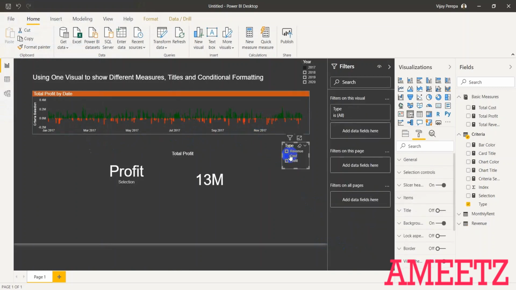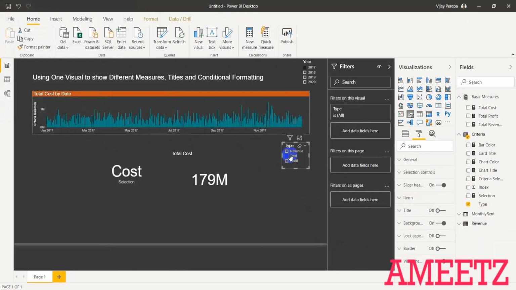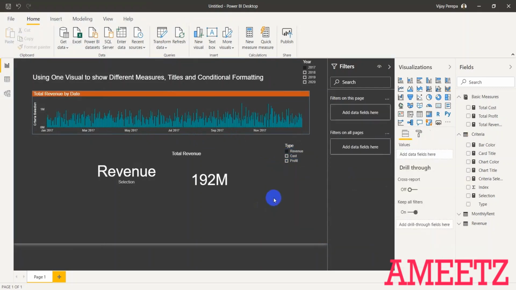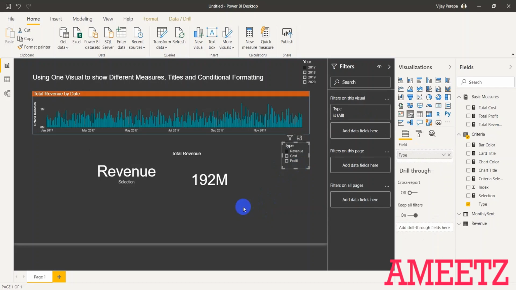And if I select cost, the color is now normal, and revenue, the color is different. So that way we can achieve all measures in one place using a single chart. Based on the selection you are getting that element, and you can do the relative analysis in other charts also. And conditional formatting is again based on the specific element selected.